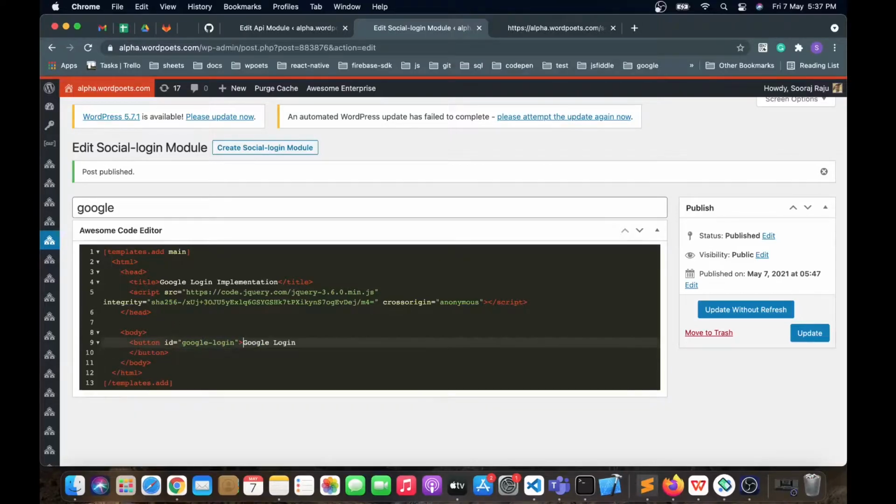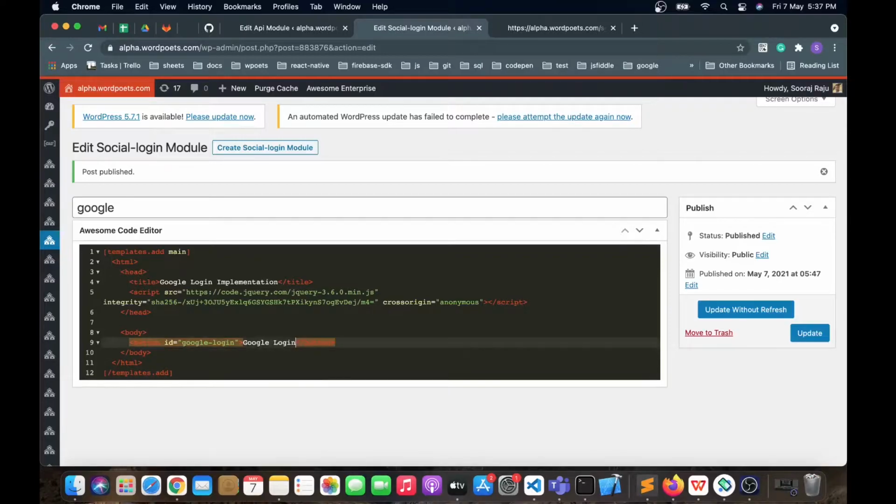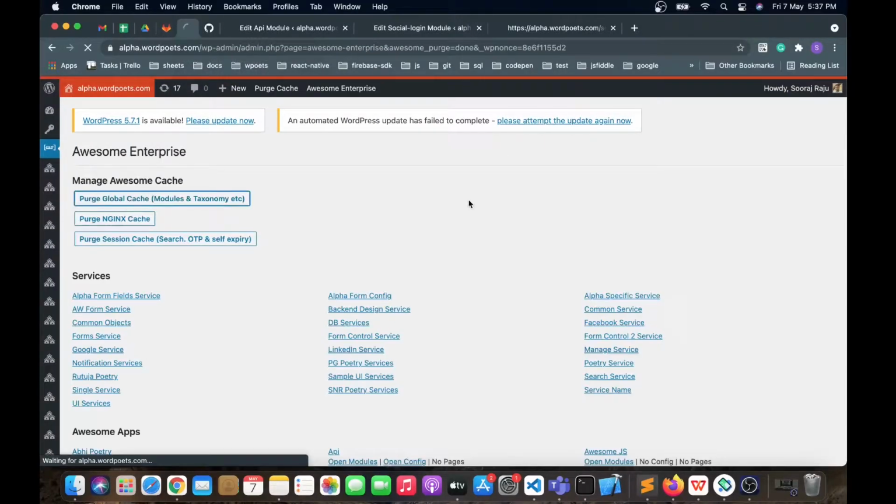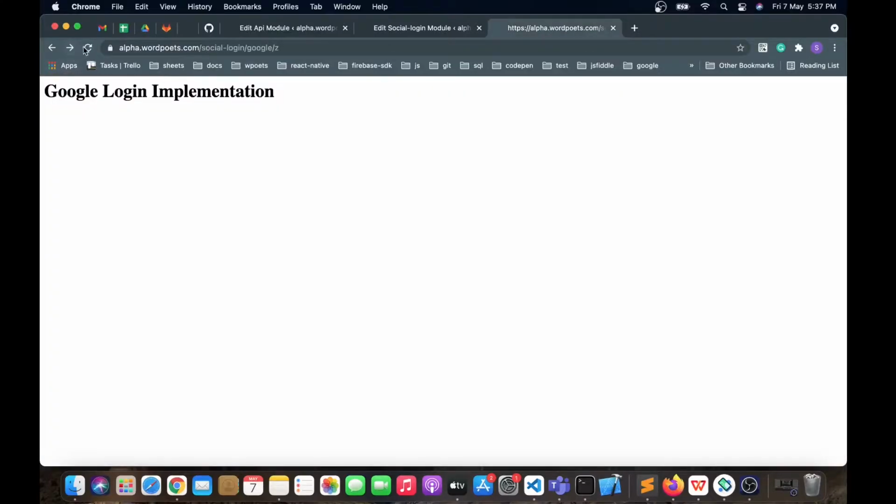Now we are going to create a simple button. As you can see, we have created a simple button over here.